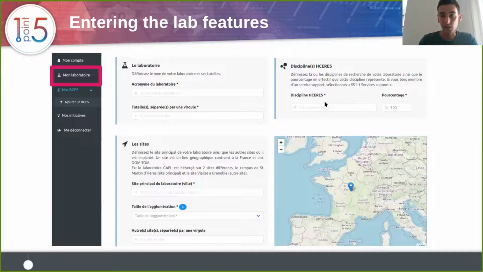This metadata is really useful for us for the national study in order to make some statistics on the research carbon footprint. We also collect the size of the city, which will be used by the system in order to choose the right emission carbon factors for the calculation.